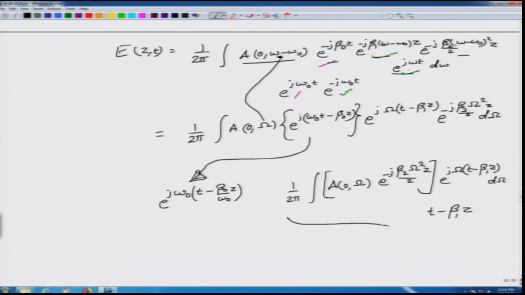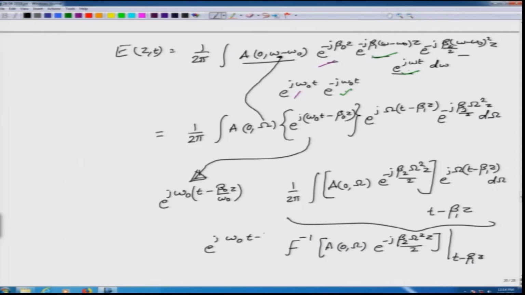This entire term on the right hand side can be written as the inverse Fourier transform of A(0, omega) e^(-j beta_2 omega squared z by 2), okay, evaluated at t minus beta_1 z,